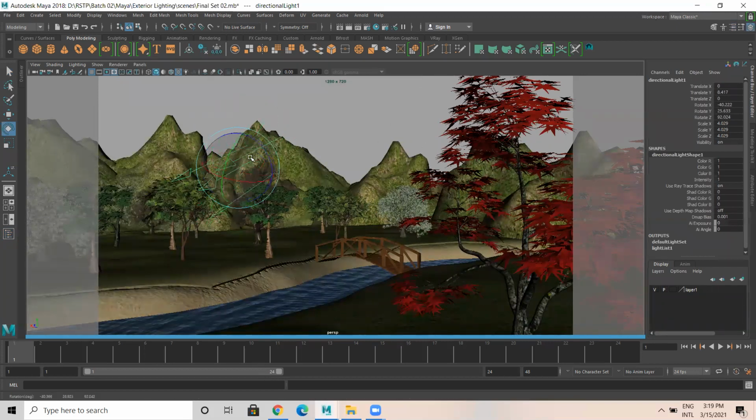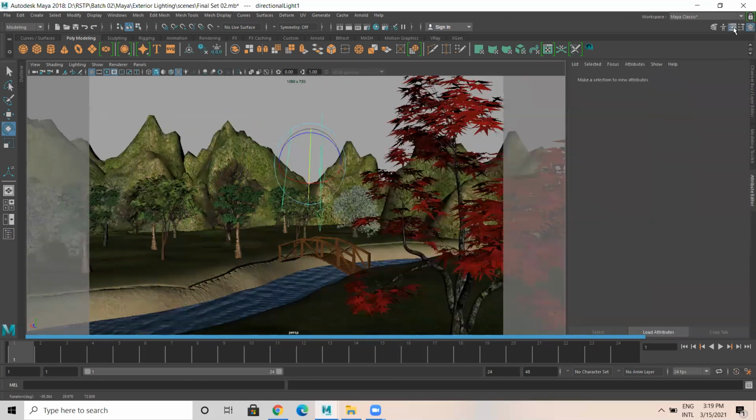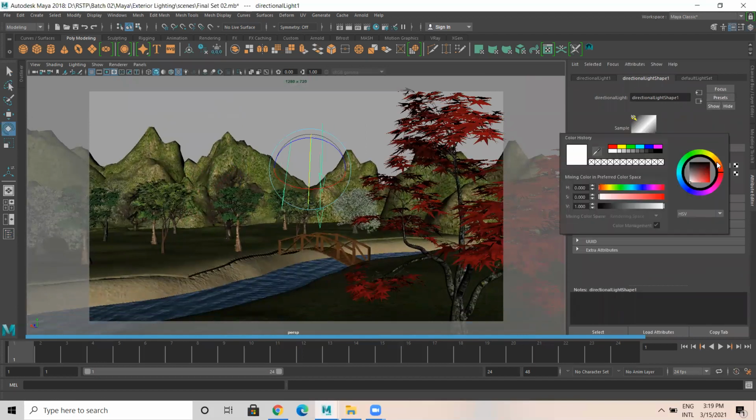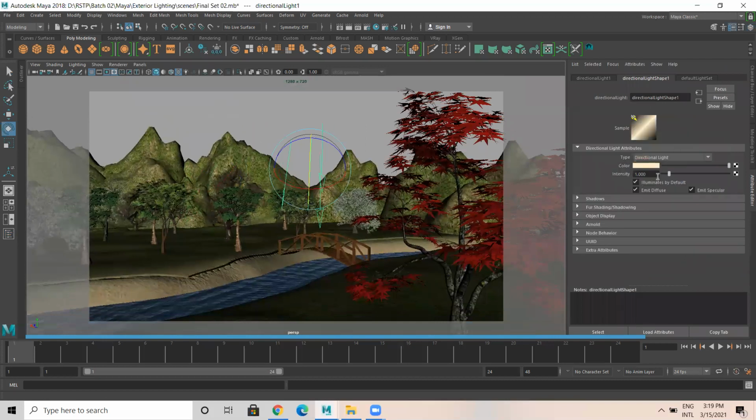So I'm just placing this like this. Now go to attribute editor. Sunlight basically will have a yellow orange tint, which I'm setting here, and the intensity would be 1 point, which means it will be more.